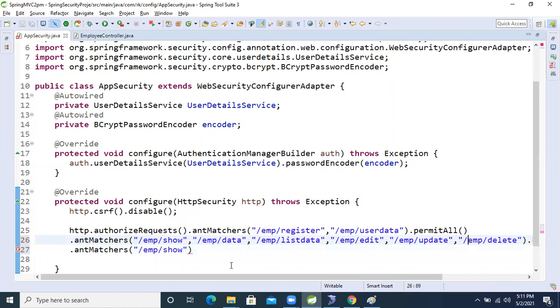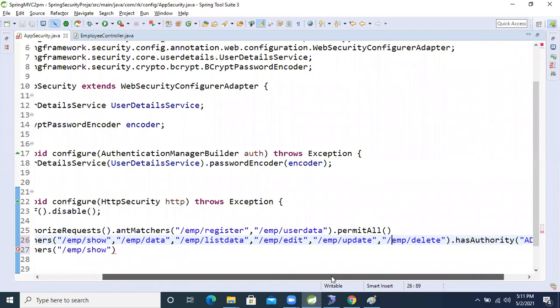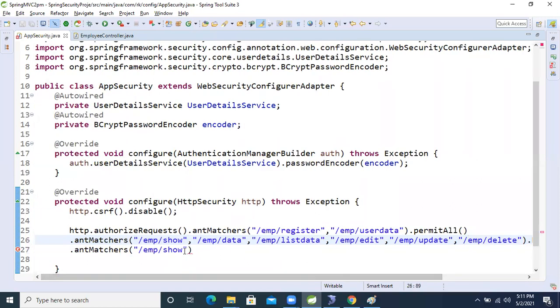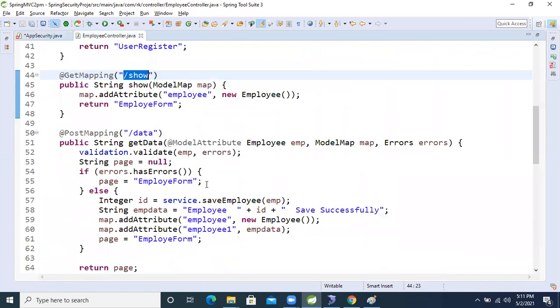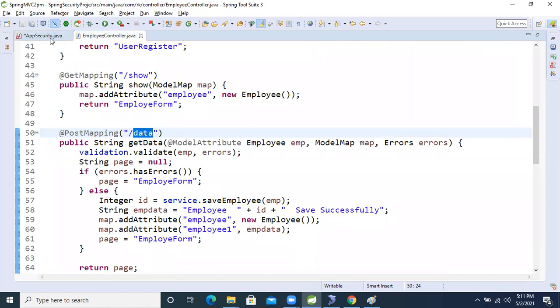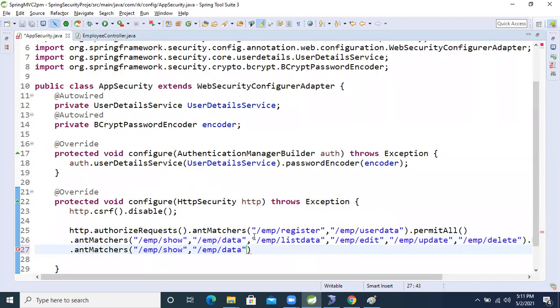Now fine, right? So again, next comma, slash emp. We will give another authority: to save the data also, right? Okay, so I give it.